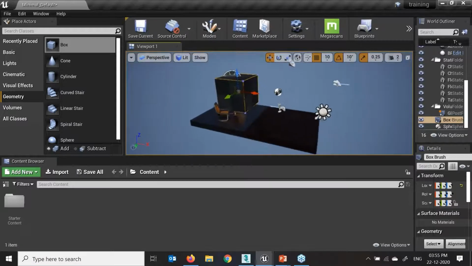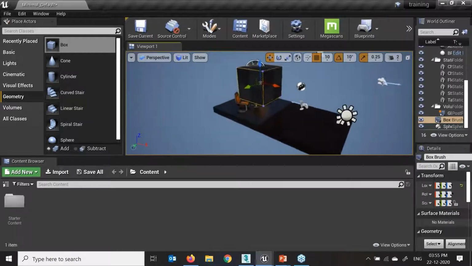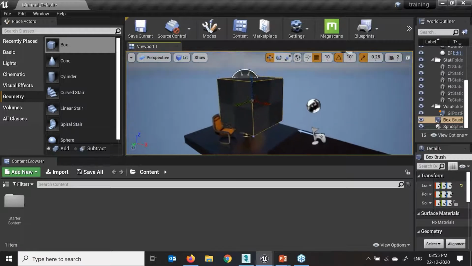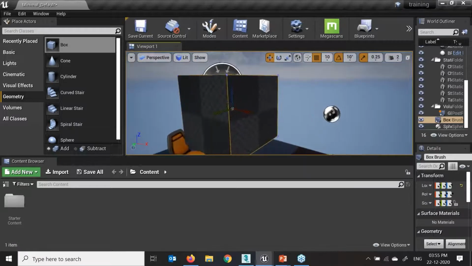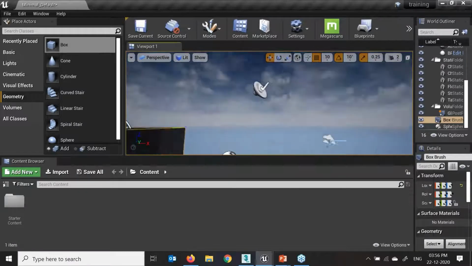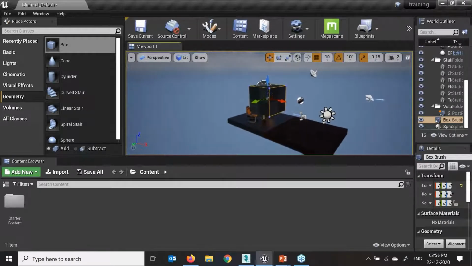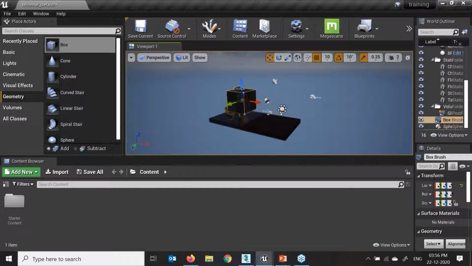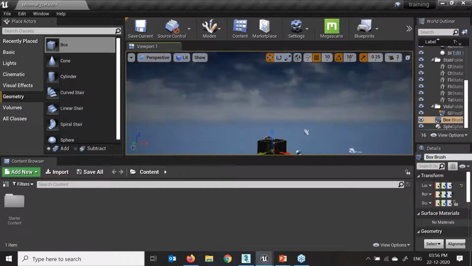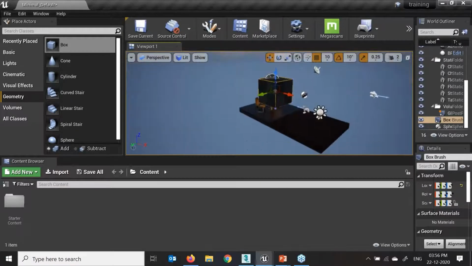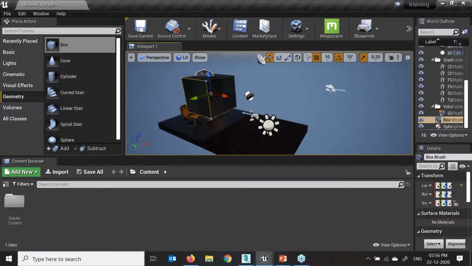S, if I press it and right click. D, I'm pressing D now. Again A and left click, right click. With the help of the right click, I can rotate and orbit my screen. If I'm pressing a left click, I can orbit just by going from left to right, and we can zoom in and zoom out. Again W and right click, here I can orbit my view. I can see a 360-degree view over here.